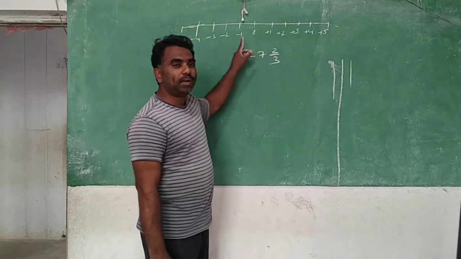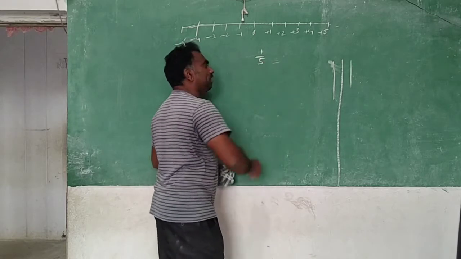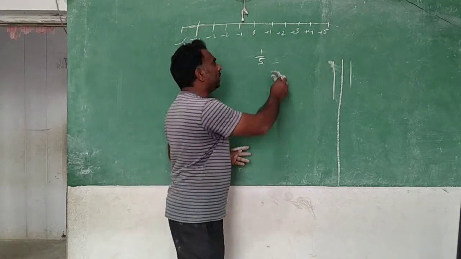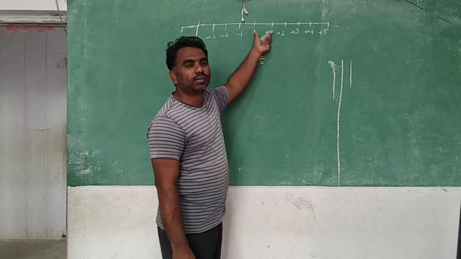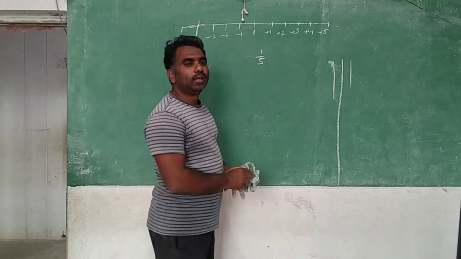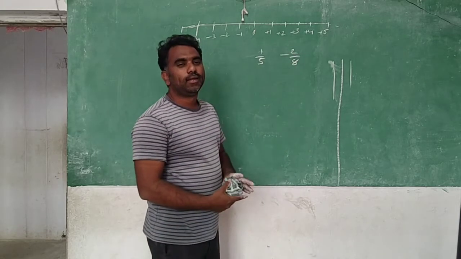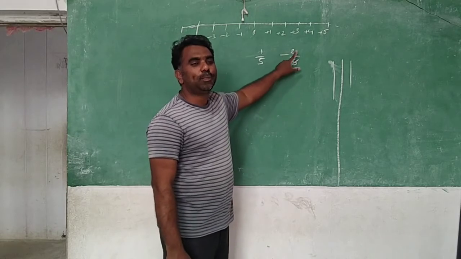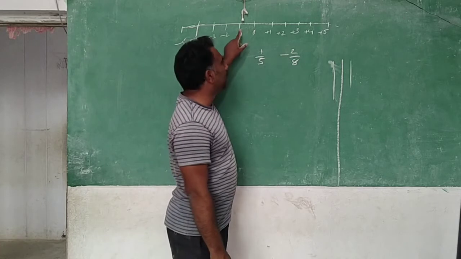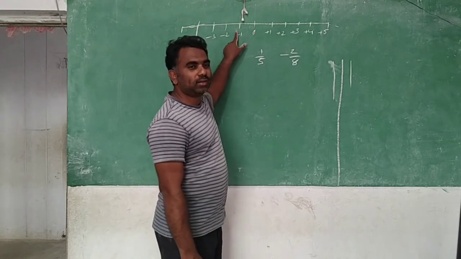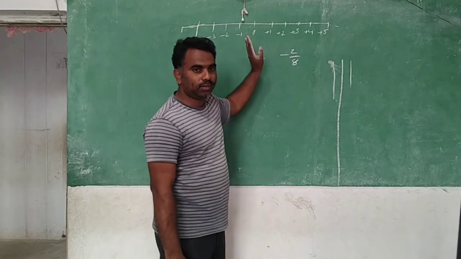If you know the proper fractions, it is clearly simple. I have given to you 1/5, which is a proper fraction. So immediately you can say a proper fraction is in between 0 and 1. Suppose this is -2/8. This is a negative proper fraction. A negative proper fraction is in between 0 and -1. A positive proper fraction is in between 0 and 1.